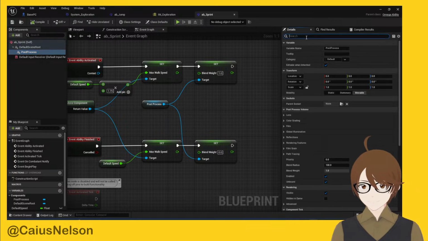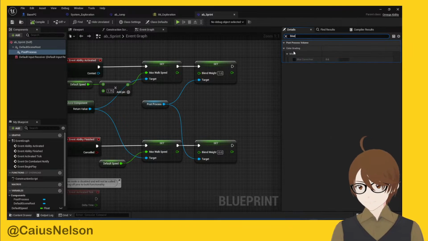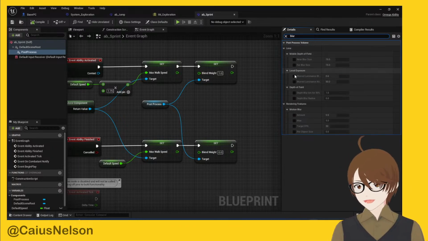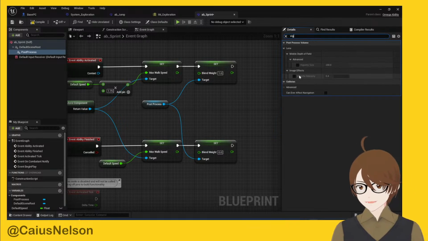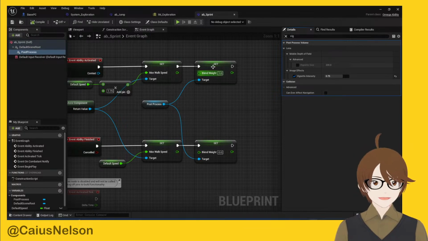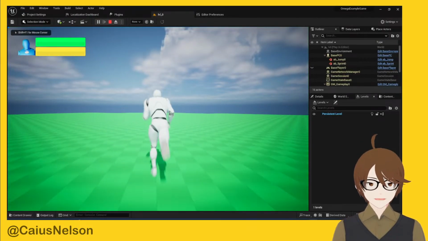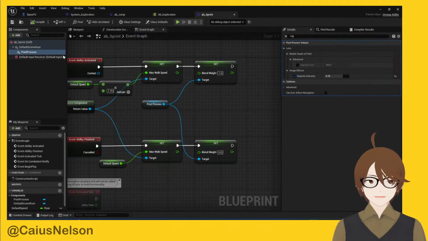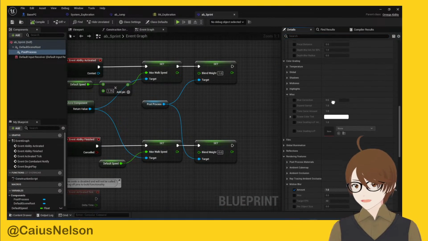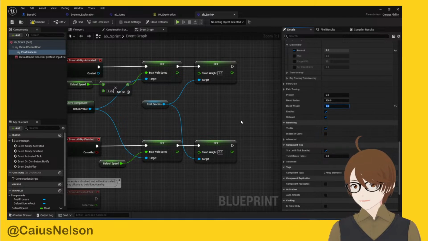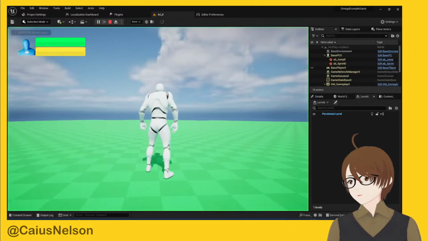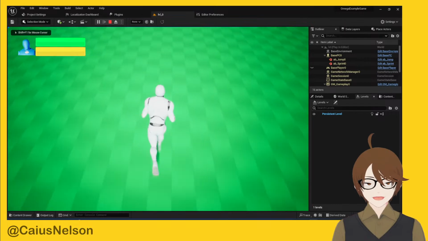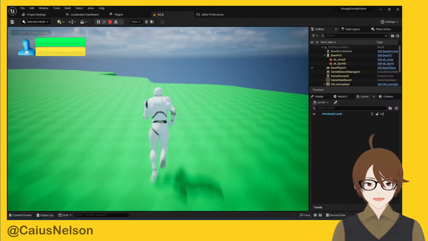So for this, we will say, let's say blur amount as well as vignette. Keep it high. So now, when we activate sprint, nope. We got to make sure that it's turned off initially, though. So we'll set its default blend weight to 0. And now, when we activate sprint, you may not see it, but we are going faster because the sprinting ability